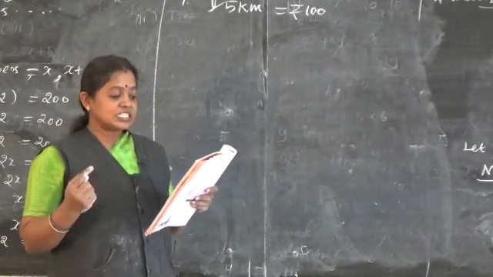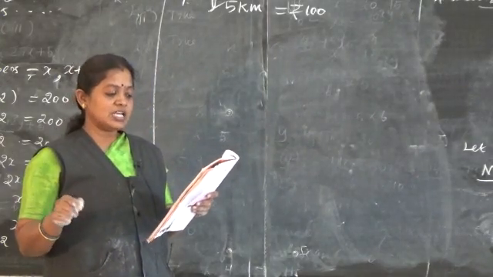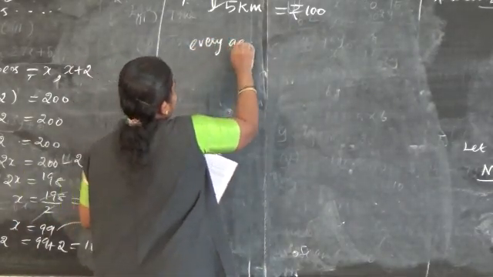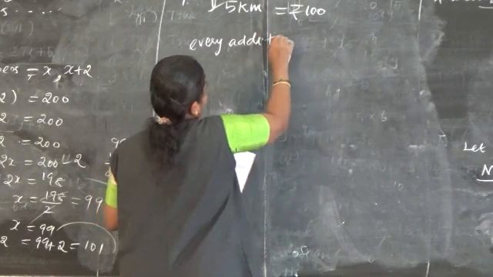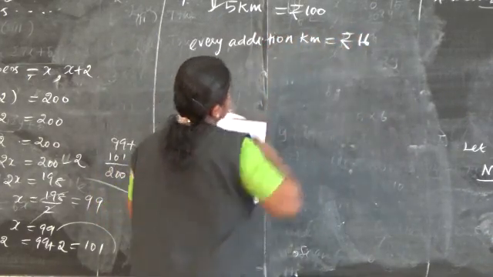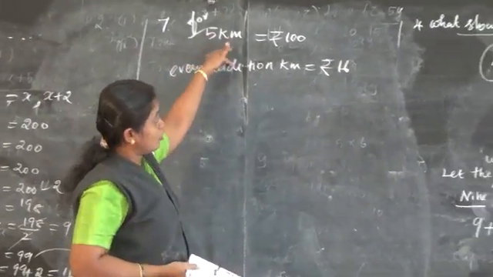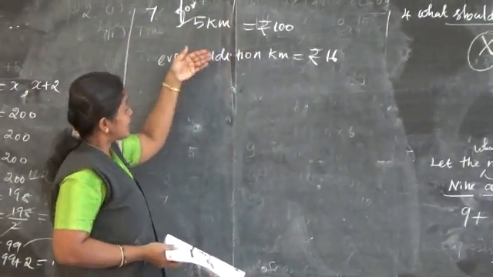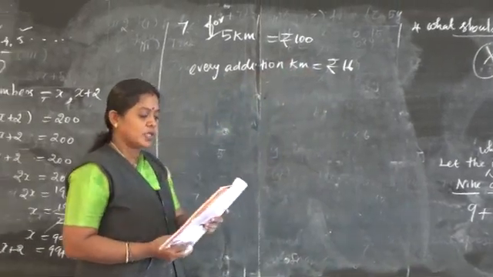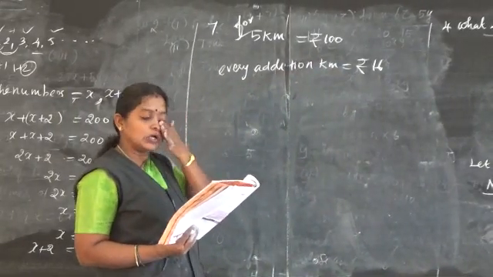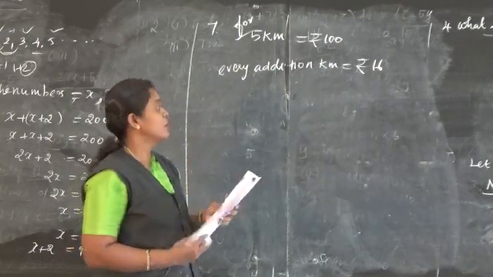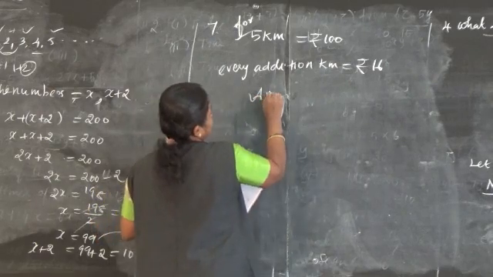And rupees 16 per kilometer for every additional kilometer. For every additional kilometer, you have to pay rupees 16. This is a fixed price. If you are traveling 5 kilometers, you have to pay 100. For additional kilometers, for each kilometer, you have to pay rupees 16. For every additional kilometer. If the amount paid at the end of the trip was rupees